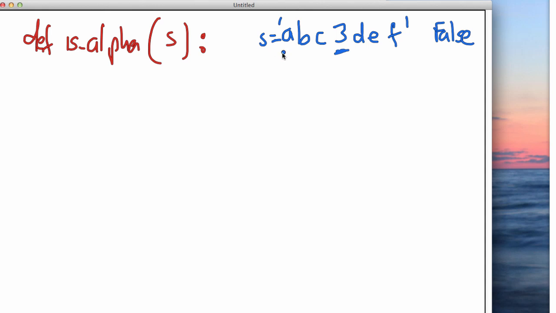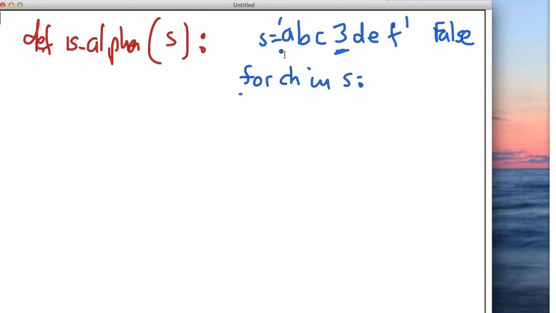Well, we're going to go through and look at each letter. That tells me that maybe I better have something like a for. So for each letter in my string, we're going to go through it every character at a time. We know exactly how long it is, and in Python we use for a lot, because we're going to march through everything here. So how am I going to do this? I will check to see if each of these is